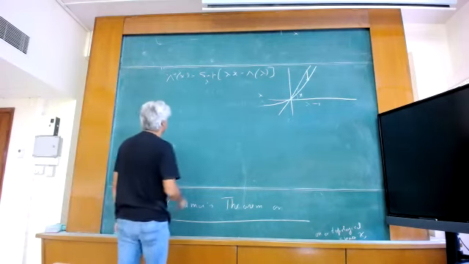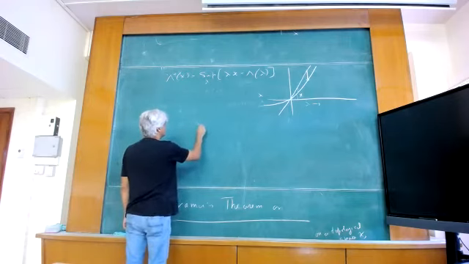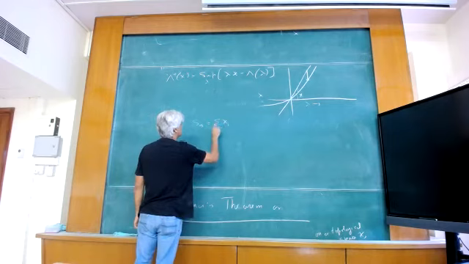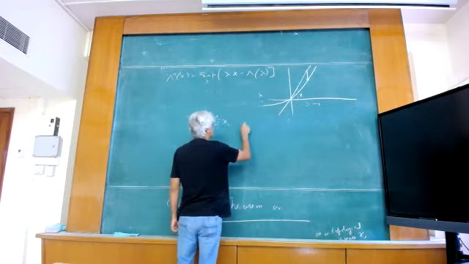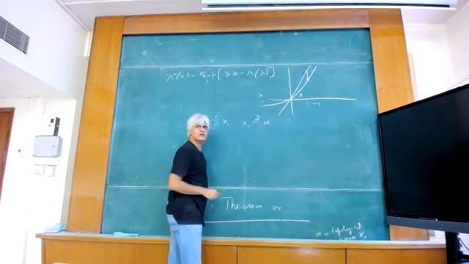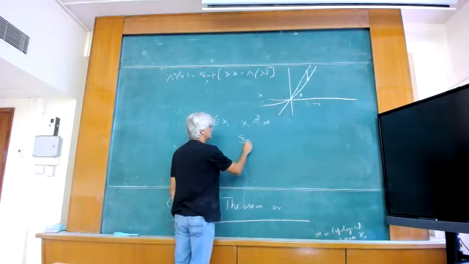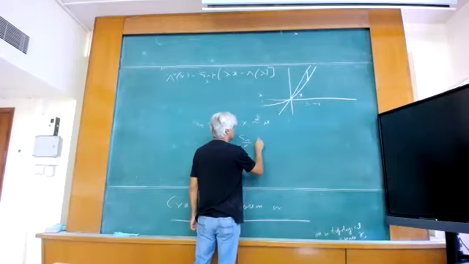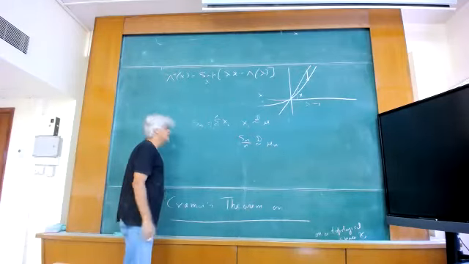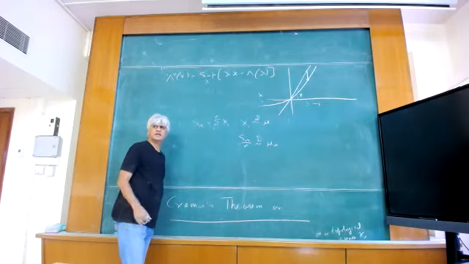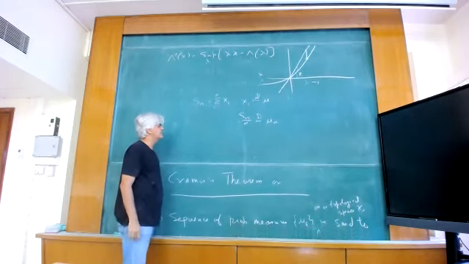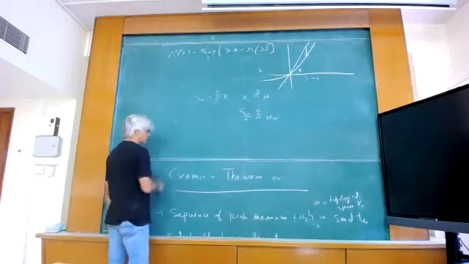So Sn is the summation of Xi, i equal to 1 to n, where Xi has distribution mu. Sn by n has distribution, which we call mu n. These are all distributions induced on the real line. So Cramér's theorem now is